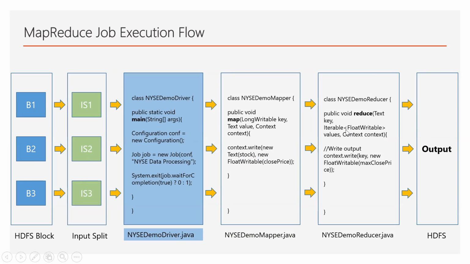So your key is just a normal string, which is represented in Text, and you see there's an Iterable, which means it's a collection. So all your grouped values come in as input. For every key you get grouped values, then you can do your logic, and finally you write your output using a key value pair. So your key will be your symbol, and the output value will be your maximum closing price, which we are calculating in this example.